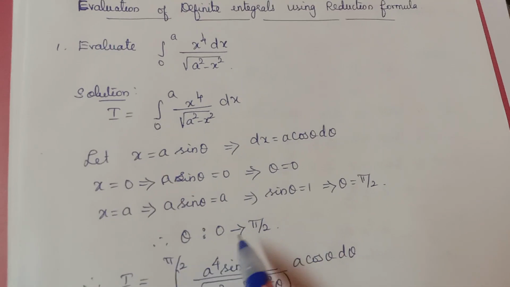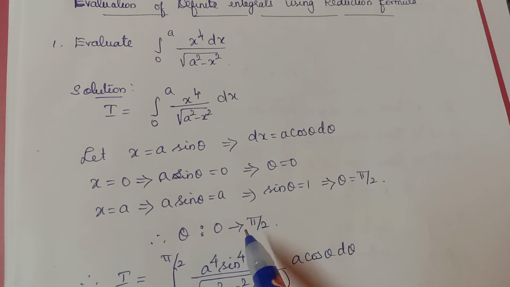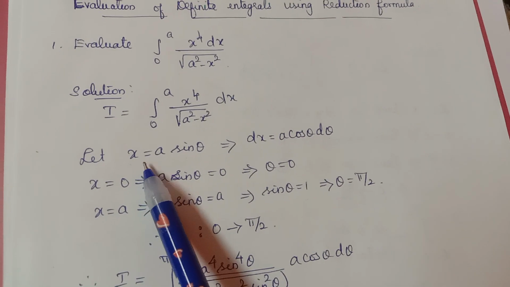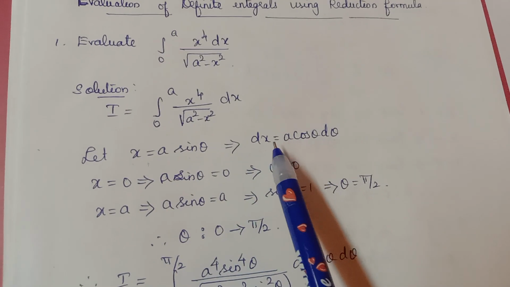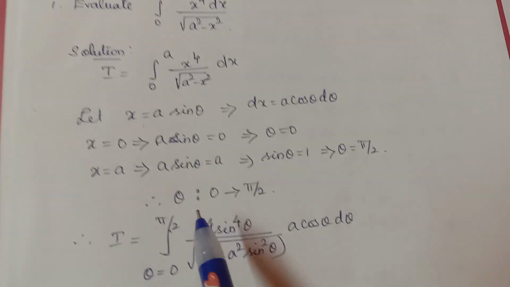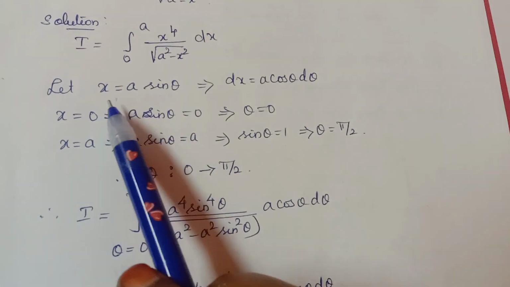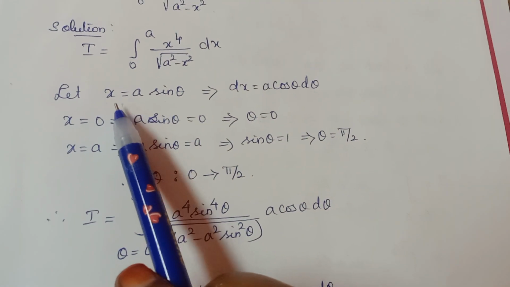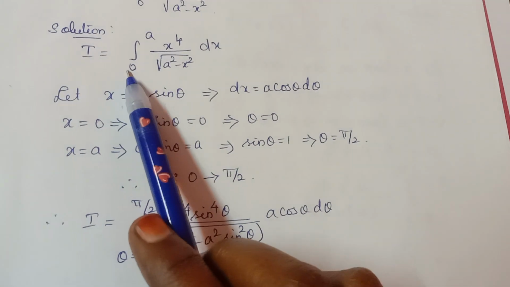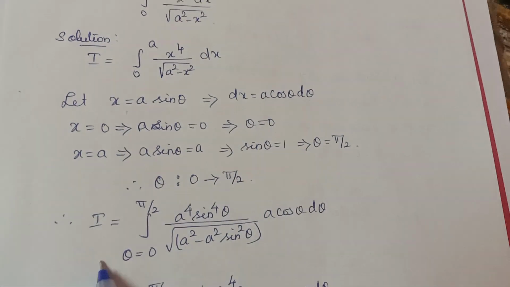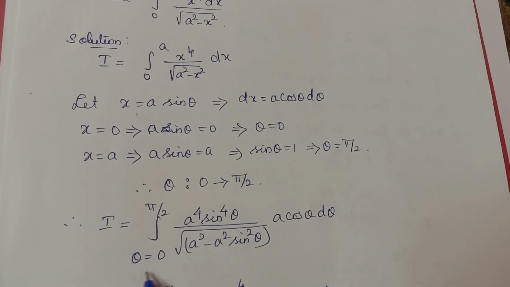So these are the things when you make a substitution for integration. All these three things should be done. First one is the substitution for x, next one is what is dx, and then what is the limit, because here in the question they have given the limits for x. Now I have changed the variable of integration from x to theta, so the limits should also be changed for theta, right? Okay, so the given integral will become I equal to integral theta varies from 0 to pi by 2